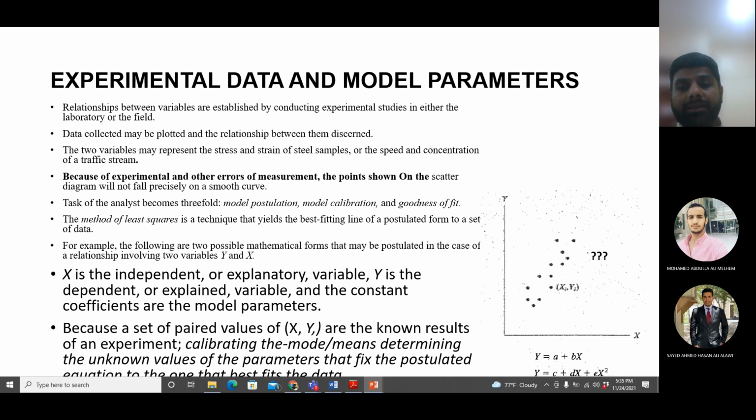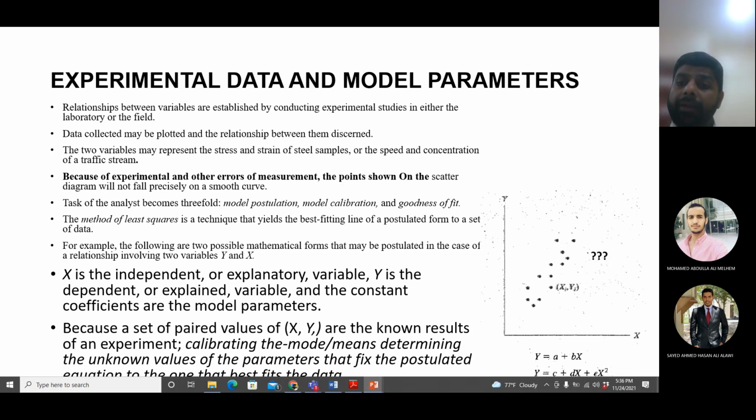So when you plot the data on a graph, it looks like a scatter plot, which you can see in the figure on the slide. We have plotted the data by observing X and Y for an experiment. Again, that experiment can be stress and strain of steel, or traffic speed and concentration. But no matter what type of data it is, it will never give you an exact geometric figure. You can see it in the slide here. It will always look like this, and this sort of data is known as a scatter plot or a scatter diagram, where the points are just plotted and that's it.